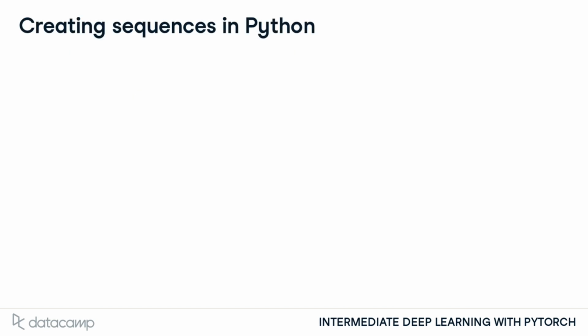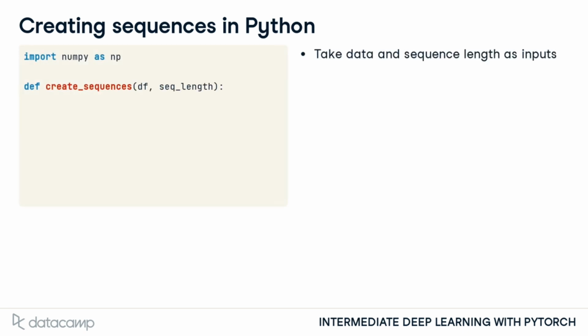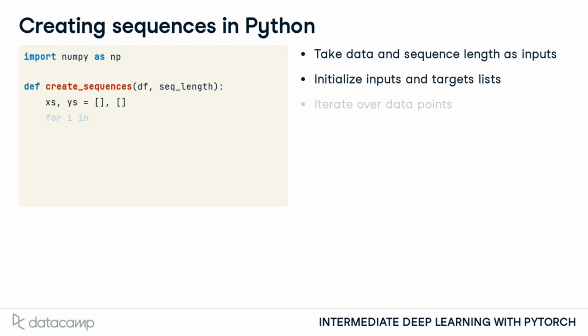Let's implement a Python function to create sequences. It takes the data frame and the sequence length as inputs. We start with initializing two empty lists, x's for inputs and y's for targets. Next, we iterate over the data frame. The loop only goes up to length minus sequence length, ensuring that for every iteration, there are always sequence length data points available in the data frame for creating the sequence, and a subsequent data point to serve as the